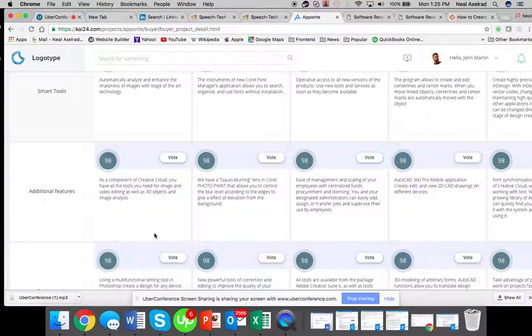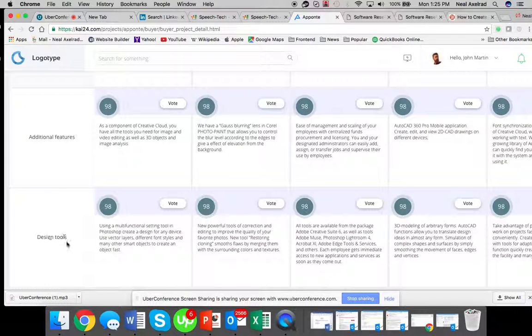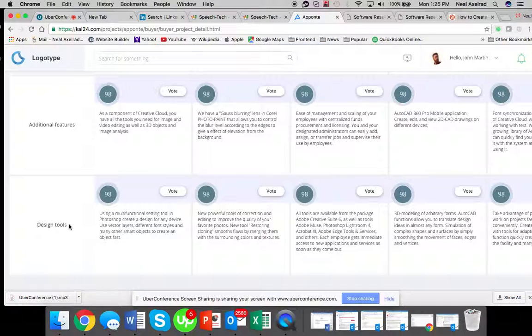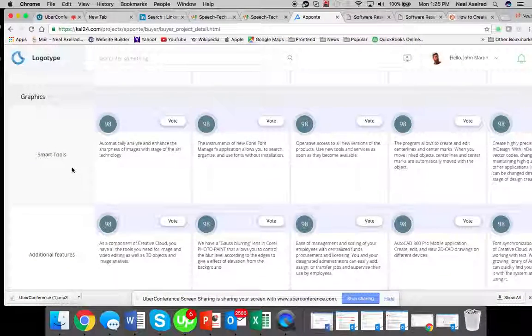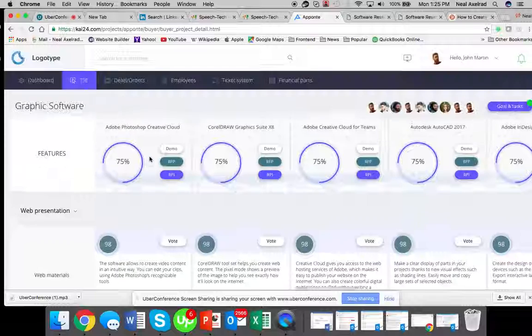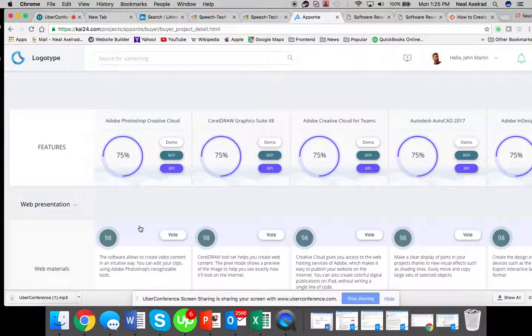So all the features will be there, and they can either take all their features and group them and weight them by the whole group, the design tools, and maybe they're all bundled together, and those are worth 20%. Well, they don't have to add up to 100. They're like a value of 0 to 100, right? And it's important because not every company, like you said, has the same feature sets. They don't, right? We do want to standardize on a